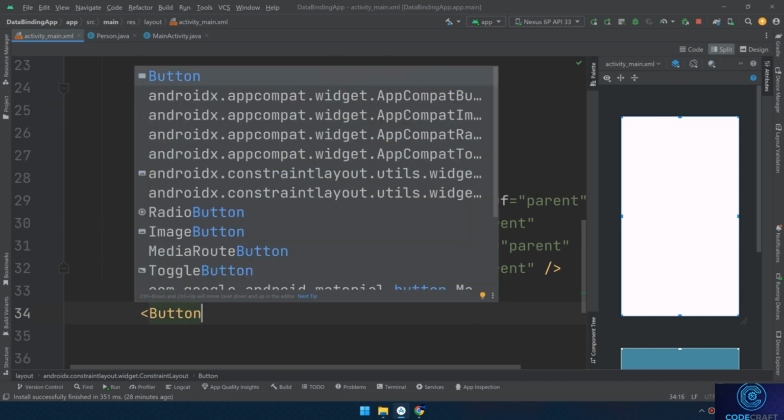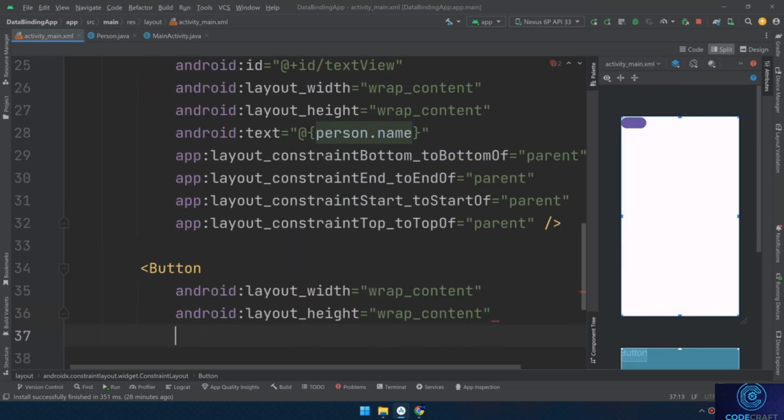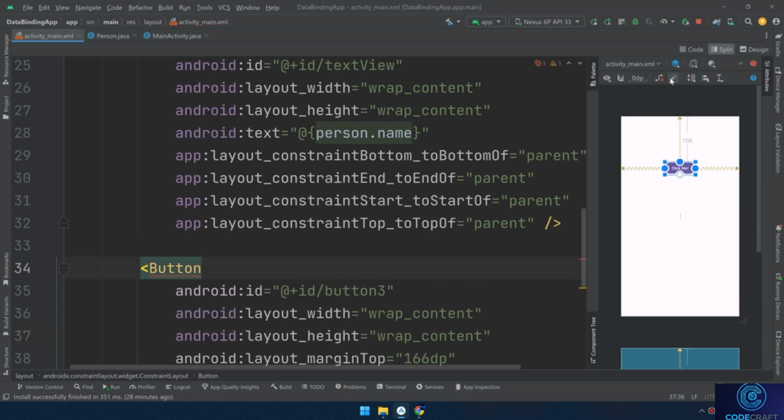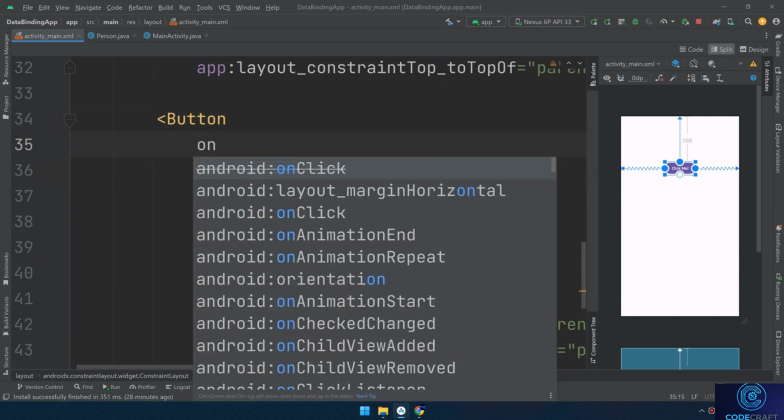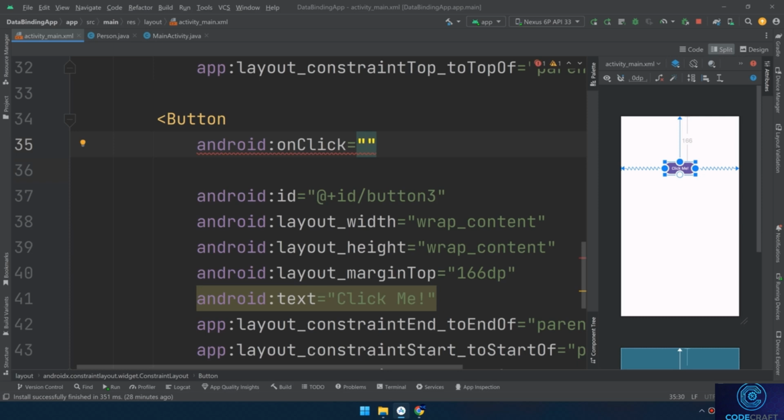For that, I'll create a simple button, wrap content for the width and height, and text "click me". Drag this button, infer the constraints, and we're ready to handle the click events. I'll use the onClick attribute. The onClick attribute with the @{} expression is used in Android's data binding library to specify a method to be called when a UI element such as this button is clicked. It allows you to define click event handlers directly in your layout XML files, making your code more declarative and